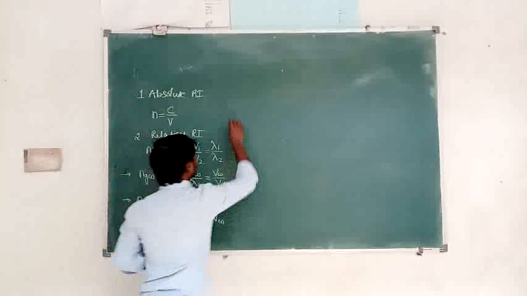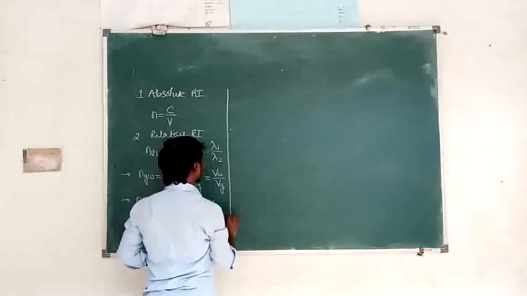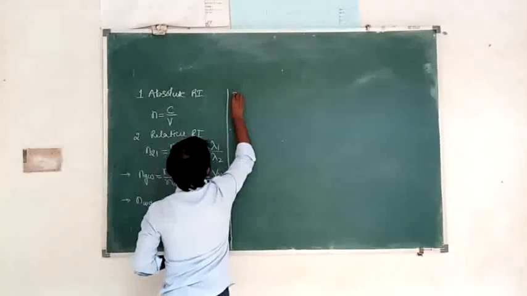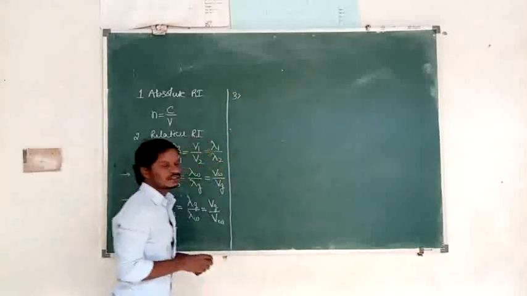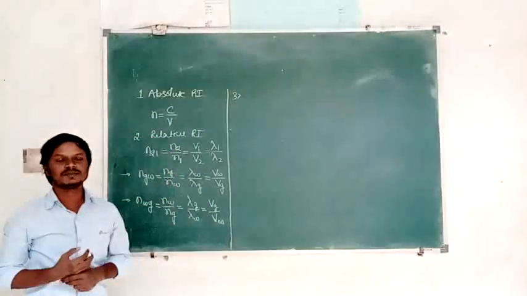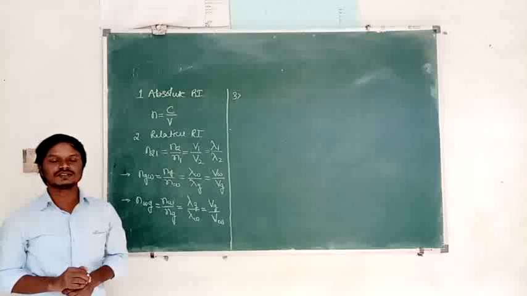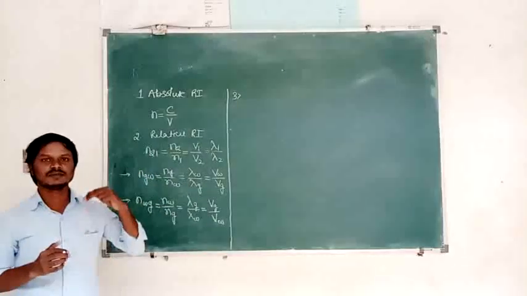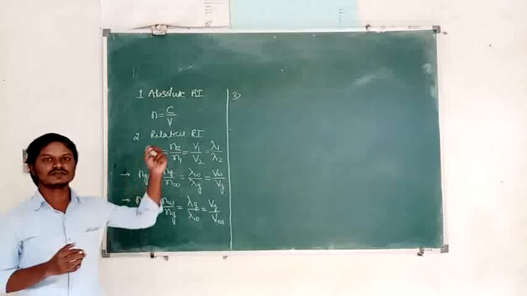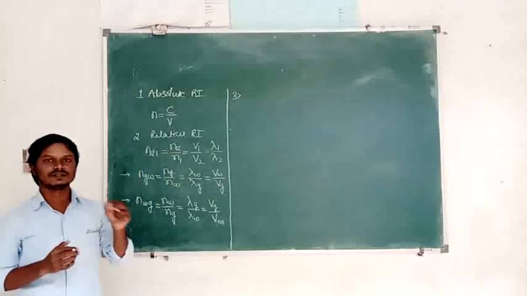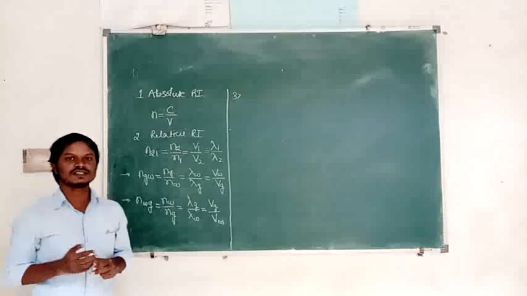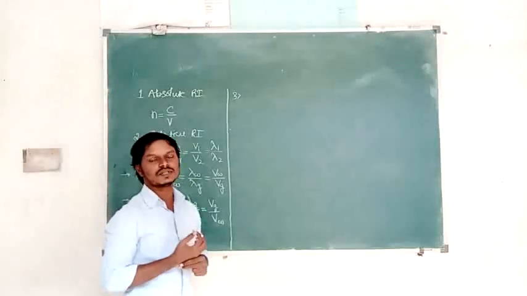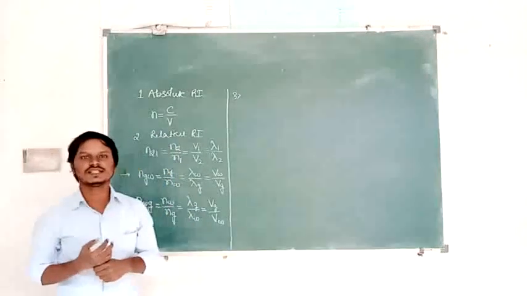Next, we are going to find apparent depth. Apparent depth in case of normal shift. Suppose an object is in a denser medium and observer is in a rarer medium. The observer is observing the object through the denser medium. Object is in the denser medium. So what is the formula to find the total apparent depth here?